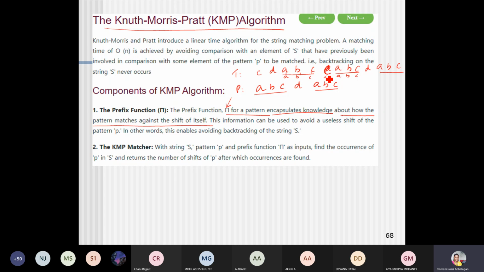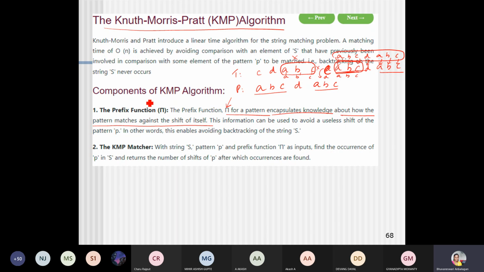Even though there is a match over here, E and D do not match. So it will move the pattern and place it on the text where the next match is found, A, B, C, D, A, B, C. This is where the next pattern is found, the first pattern we identified in the prefix function. The earlier pattern did not match. Now for this next pattern, A, B, C is already checked. D will be checked, then A, B and C will be checked.